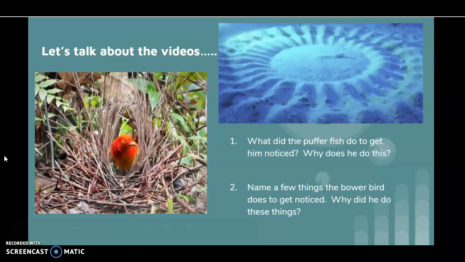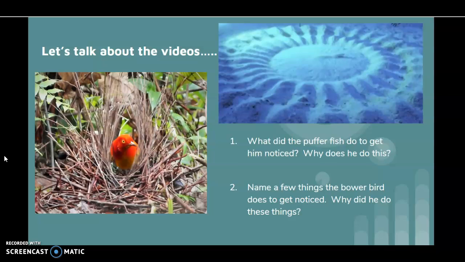Okay, so since you paused the video and just came back, welcome back. What do we think? Pretty neat stuff, huh? A couple little side note, the Japanese pufferfish was not even discovered until 1995. They could not figure out what was making these designs in the sands until then. And it just kind of shows how science and inquiry work, and we're just answering questions as we go. And there's more questions that we're going to answer tomorrow.